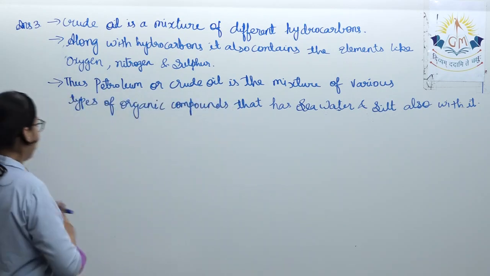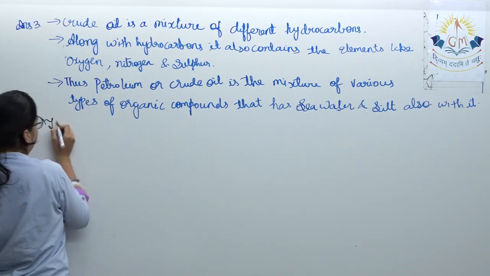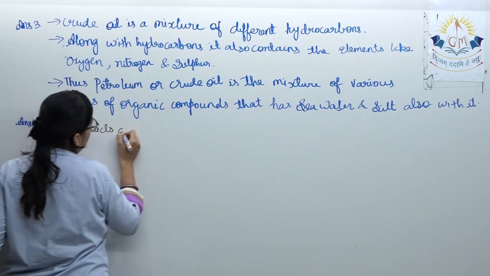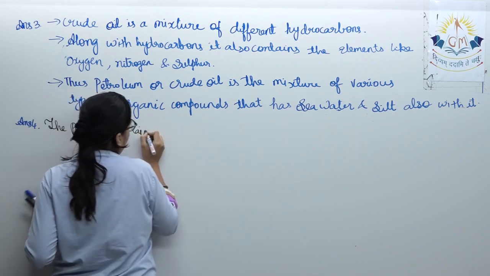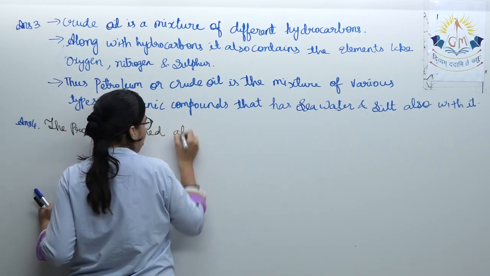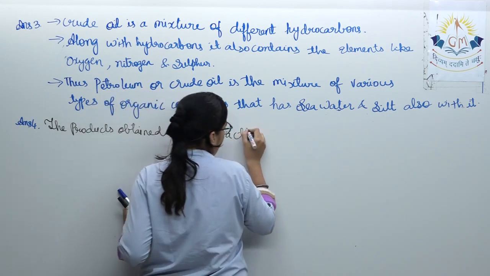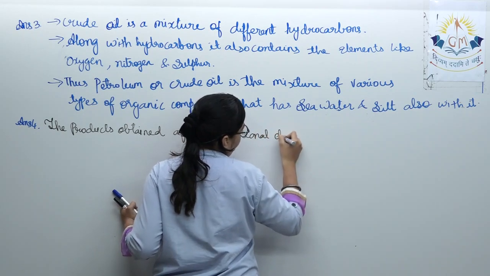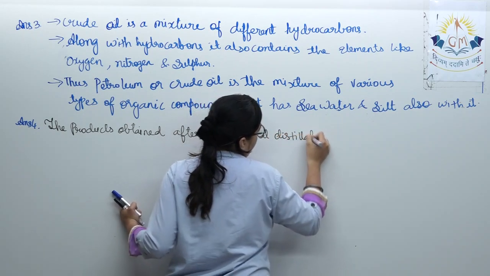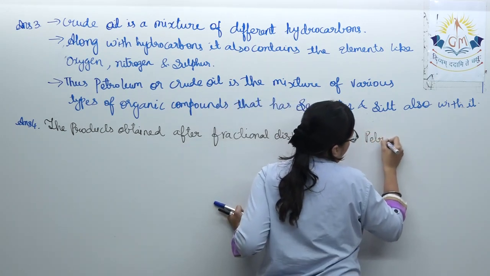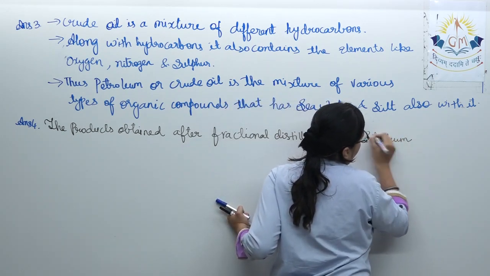So, the products that are obtained after fractional distillation of petroleum, they are